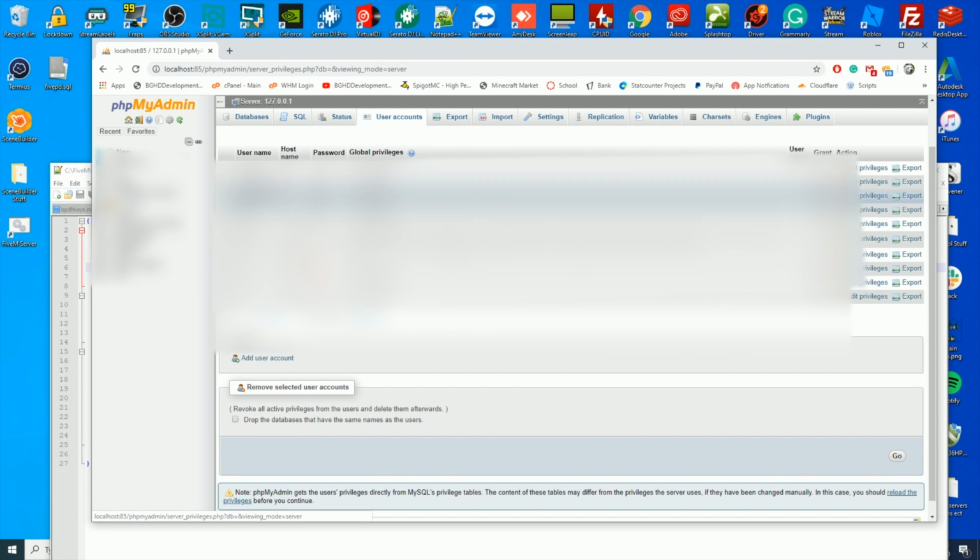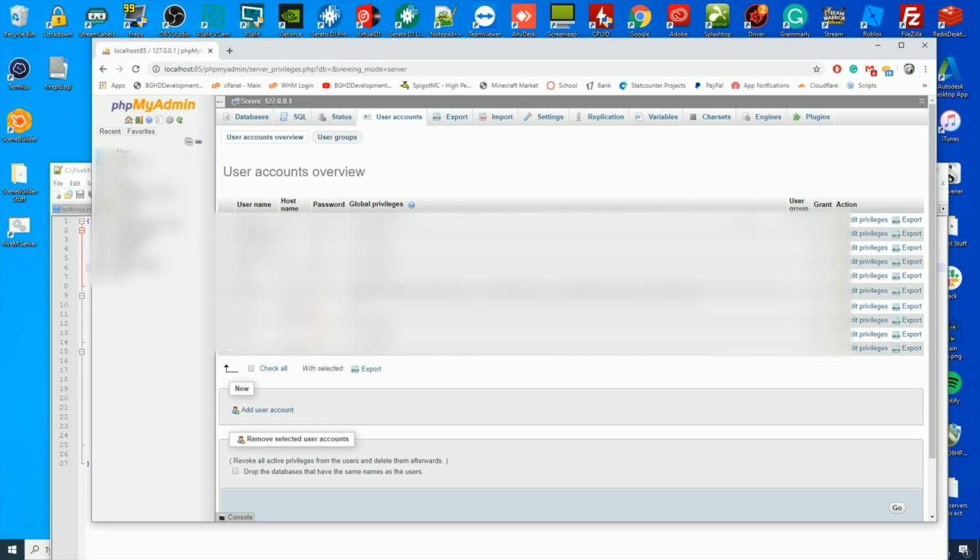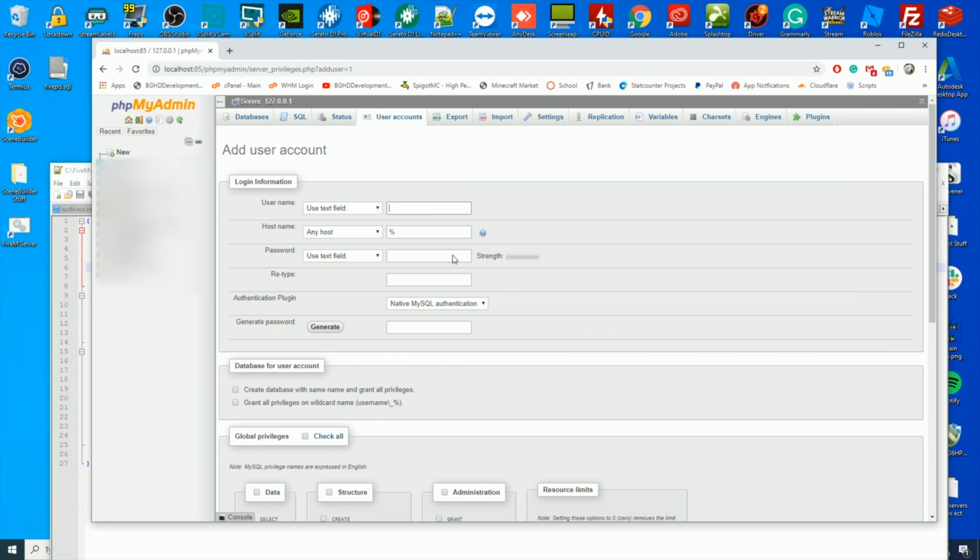So by default, I have a bunch of user accounts here, but I'm going to create a new one for this. So I'm going to add a user account. Its username is going to be FivePD because why not? Its host name, this is the allowed IP addresses. I'm going to leave it as all IP addresses can connect to it, and I'm going to name it FivePD